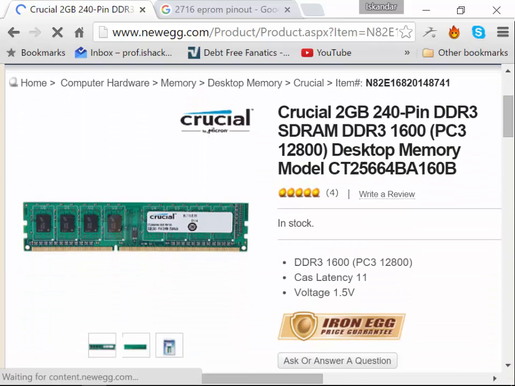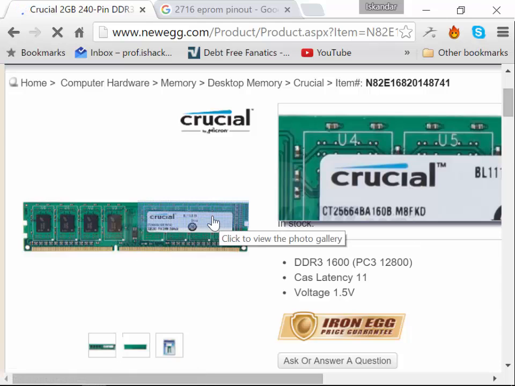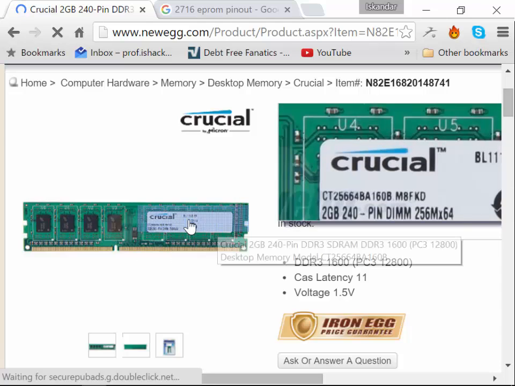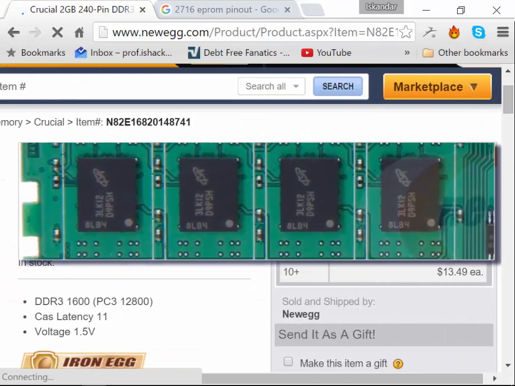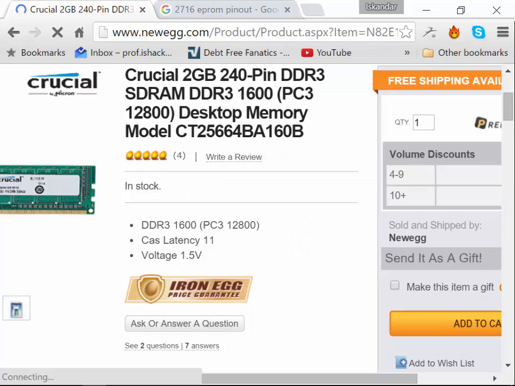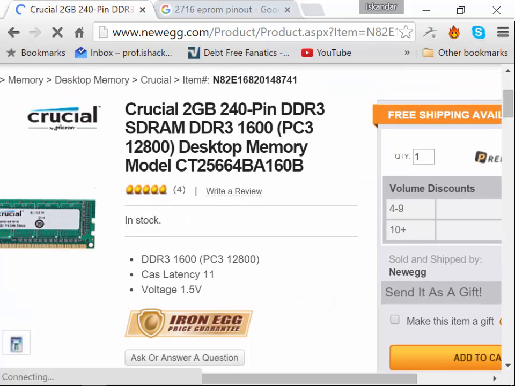So you can see there's 4 chips. Internally, it's divided into a square of rows and columns. I'm not going to go through the setup of that, where you go through and strobe the rows and columns. I'm going to kind of skip over that.